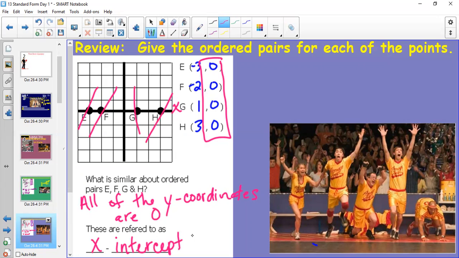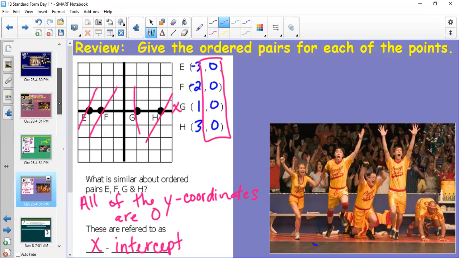Okay, so we're going to use our x and our y-intercept to graph problems. Remember these intercepts here in just a second. We're going to use this to help us graph. But first, before we get there, let's talk about what is